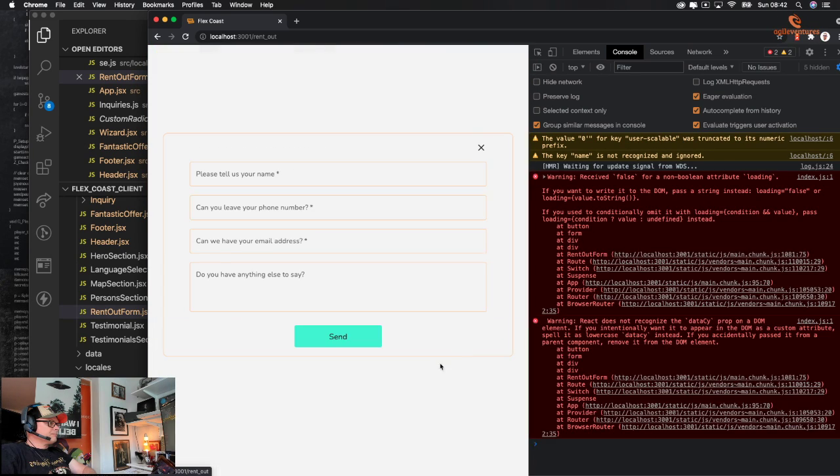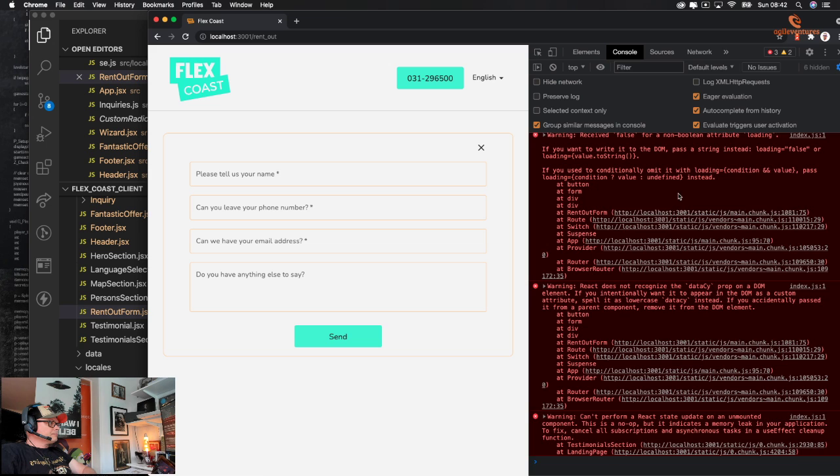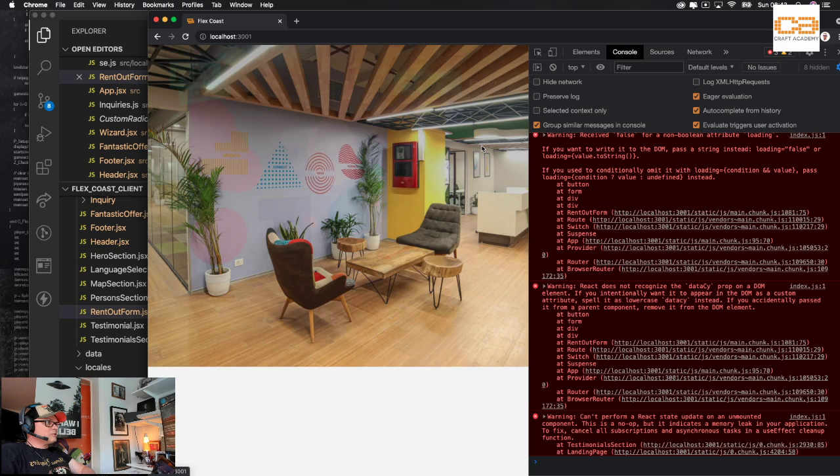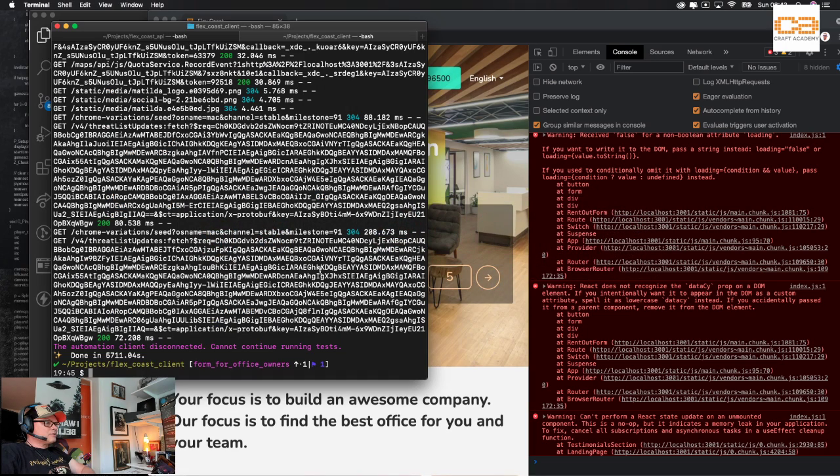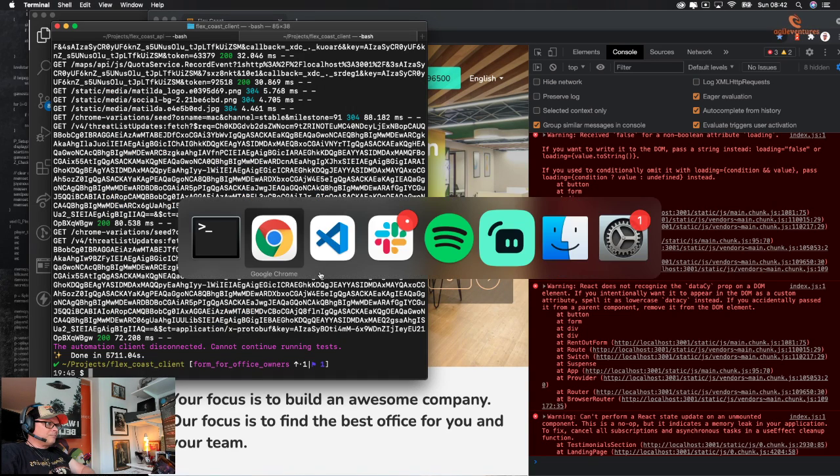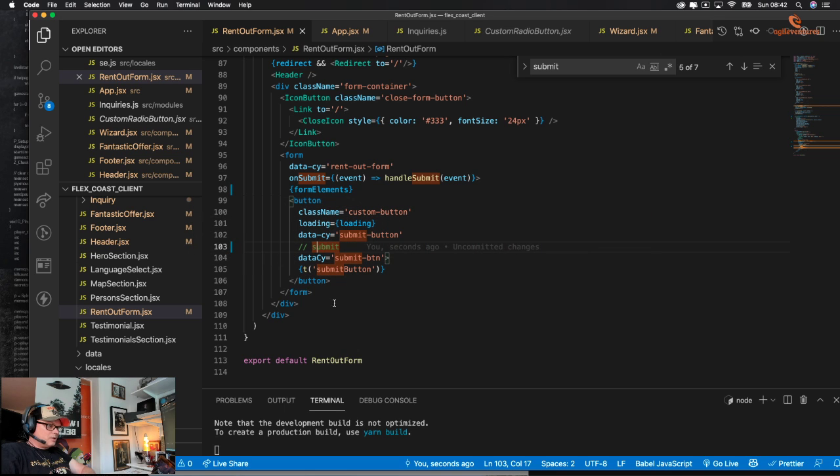Okay, so we just killed at least one warning just by removing some code. That's beautiful. Let's stop this and let's run Cypress.